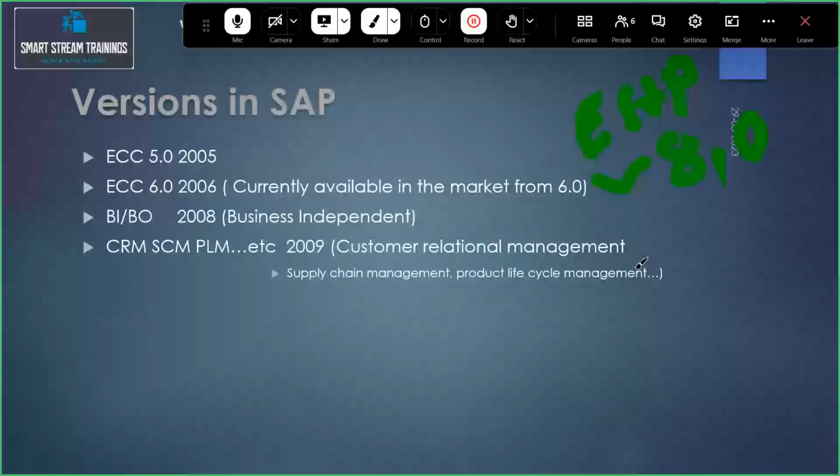So this ECC version 6.0, at the ECC level, is the last version. In this ECC 6.0 level, almost all kinds of business solutions, all kinds of modules, almost 150 above modules are added. How did they add them, from the basic version to here? That is through the EHP, enhancement package.